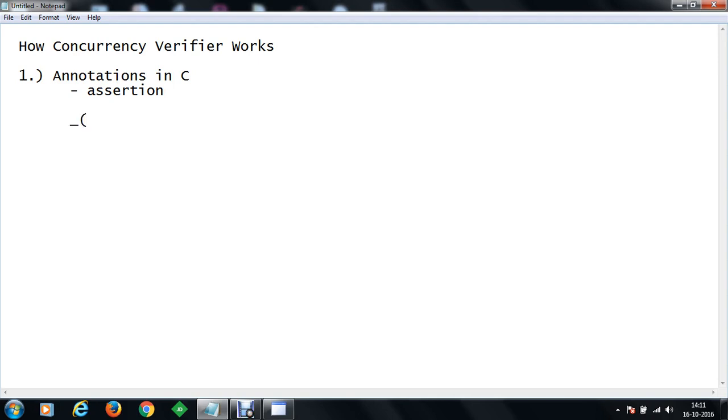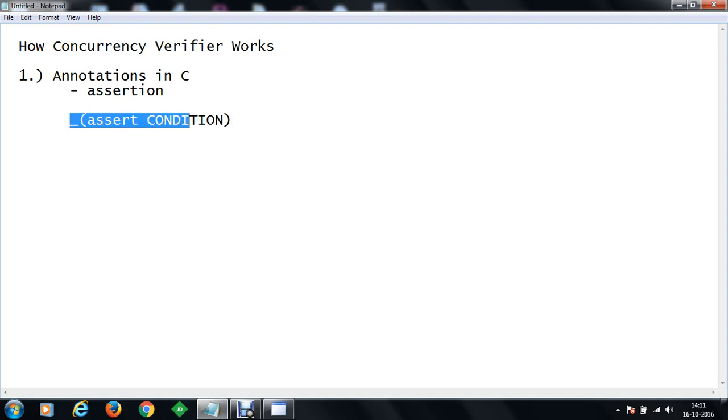You can make use of an opening parenthesis like this. You can specify the name of the annotation tag, and the annotation tag I am using in this case is known as assert. Then we are going to specify a condition. Let's say C will be my condition, or I can specify the condition something like this as well, and closing the braces.